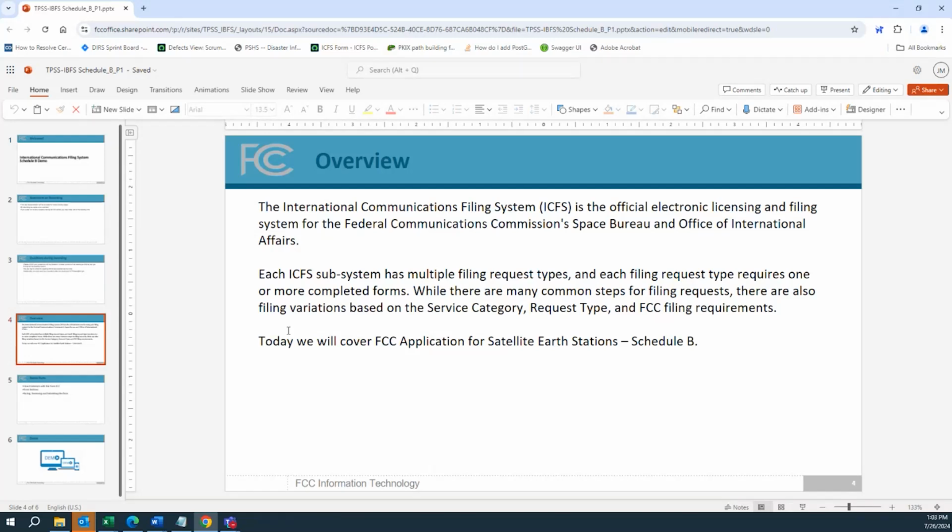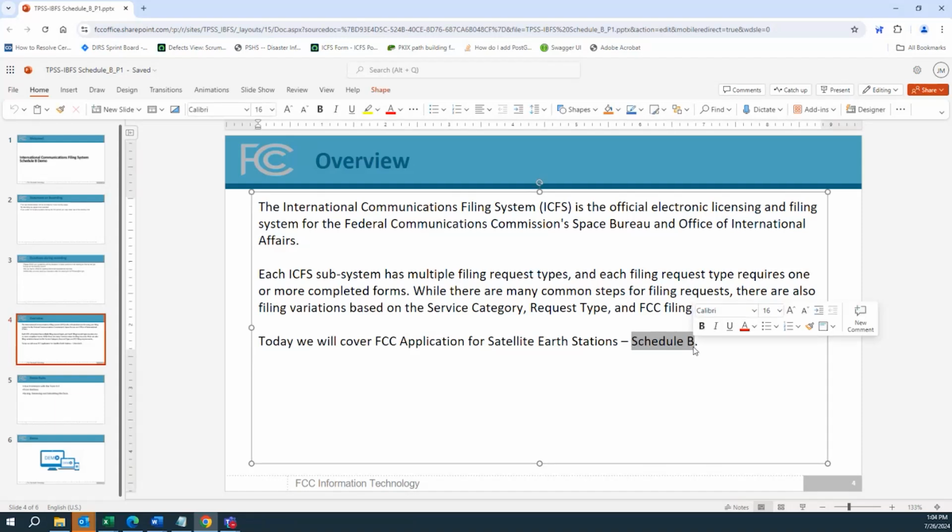So you can refer to those as well. Once again, this is really a repeat of the demo for the Schedule B that we had last week. If you were here for that, this demo is entirely optional.